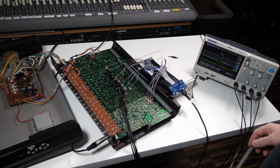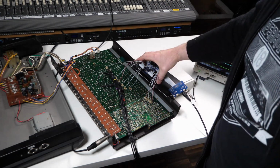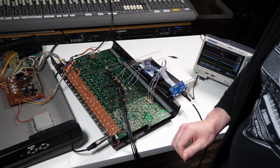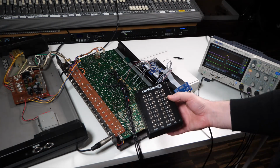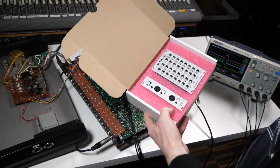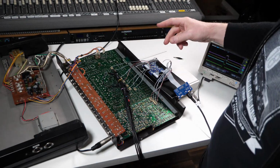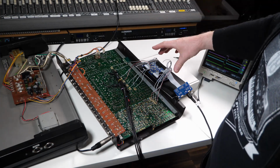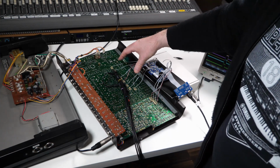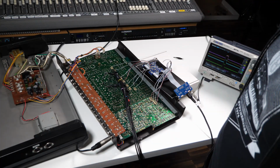Okay, so now we've got the MIDI to trigger interface replaced with the drum mux interface. This board here is the main board from a drum mux module. The drum mux module itself is just a little desktop box, or we also do them in a Eurorack form. This board is just the main board from inside there without the jacks, and it's able to take ribbon cables so that the trigger outputs can be wired directly, just in the same way as the MIDI to trigger